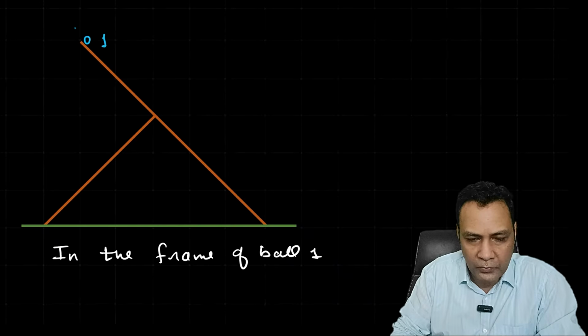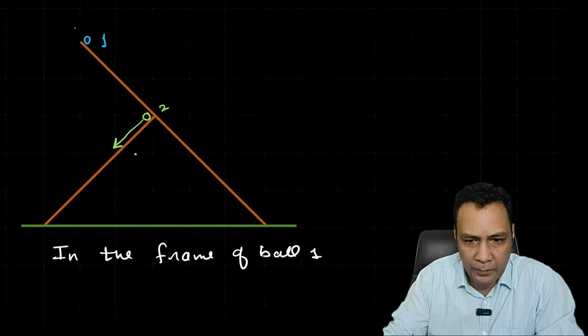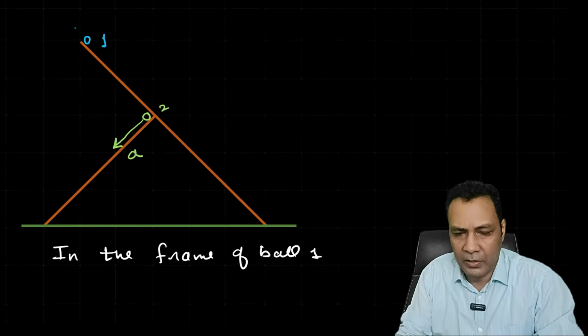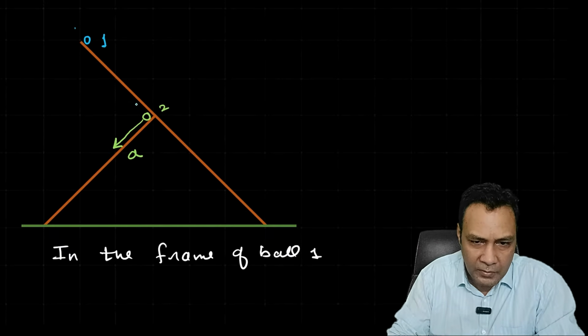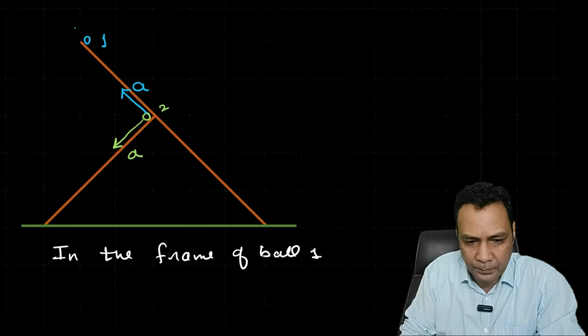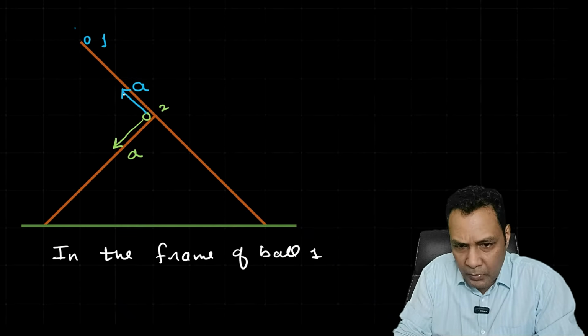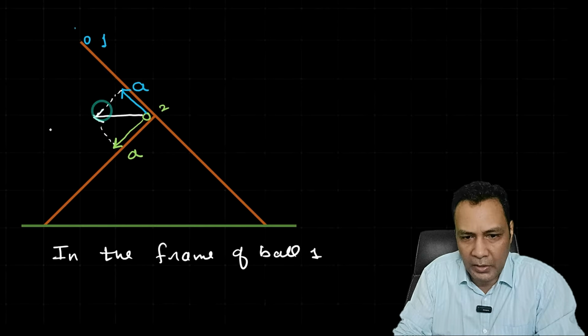If we see ball 2, it has its own acceleration a, and this will give it an acceleration in the opposite direction like this. So their relative acceleration would be the vector sum of these two, so the relative acceleration would be clearly along this direction. That is going to be a relative,